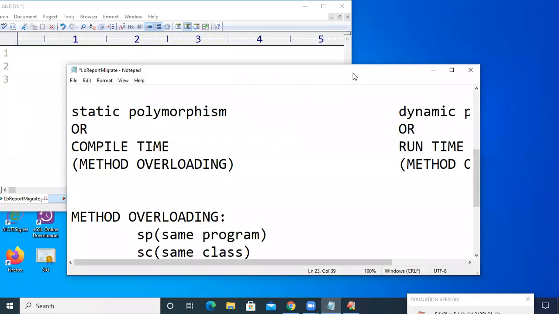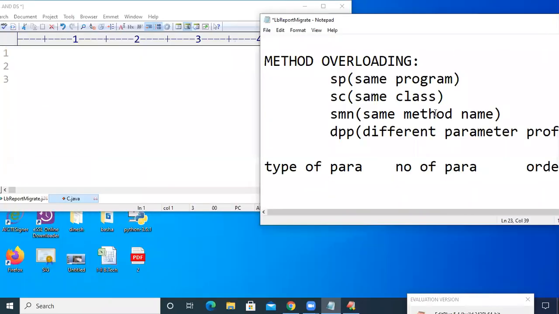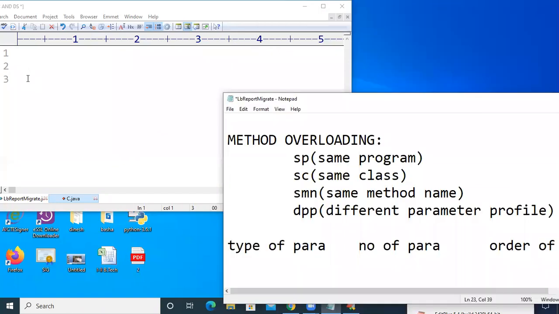So this is what we have discussed so far, right? This is what we have discussed so far. And on the left side, we can see the